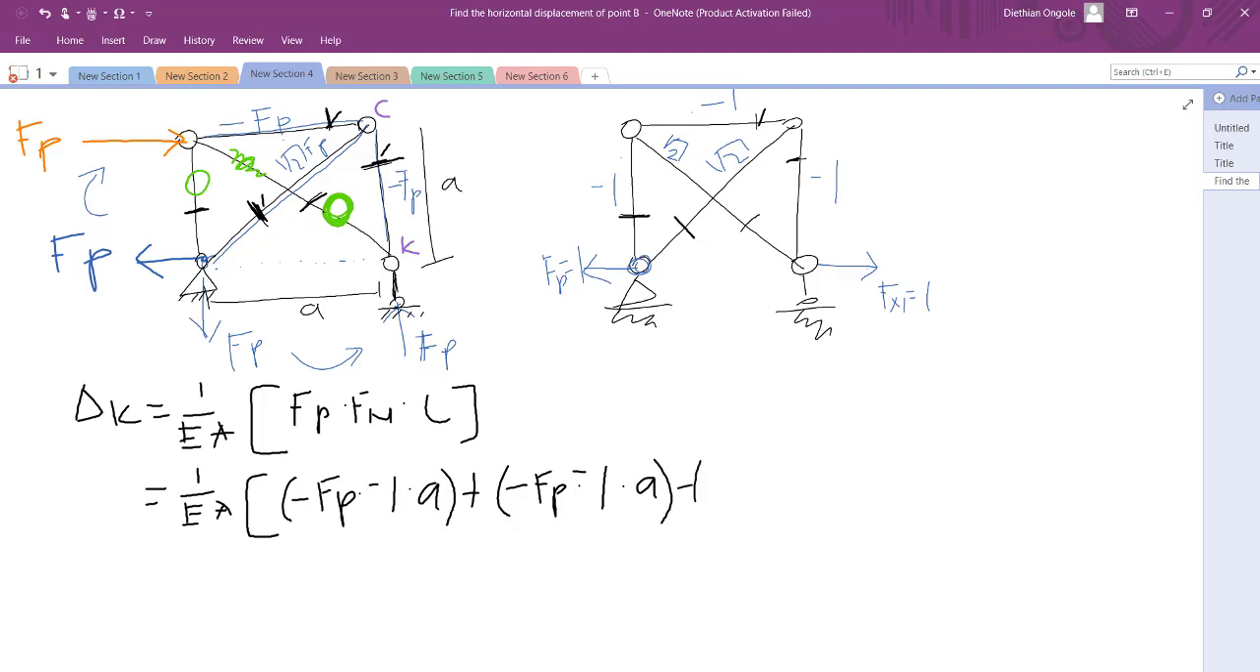So it's Fp is root 2 Fp, then times the Fn, which is root 2, then times the corresponding length. Its length would be root 2 A, like that. So when you compute this, we come up with our answer as